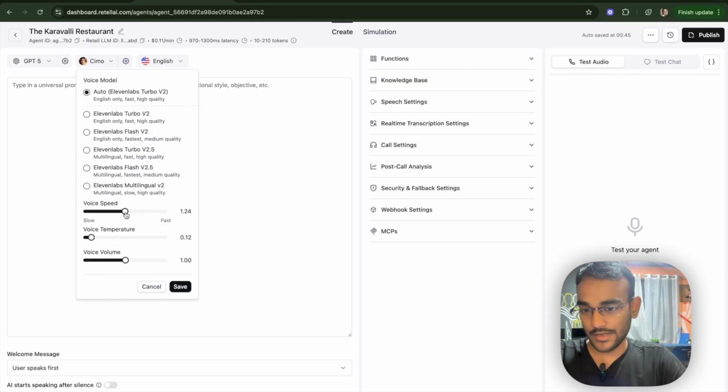So I would keep it somewhere here, I guess. And voice temperature means how emotional and expressive, conversational and creative your agent would be. But I would keep it